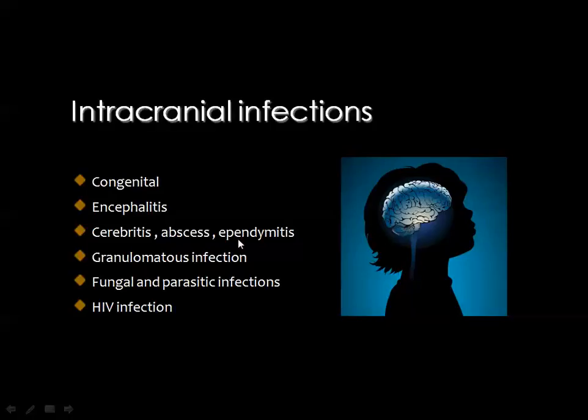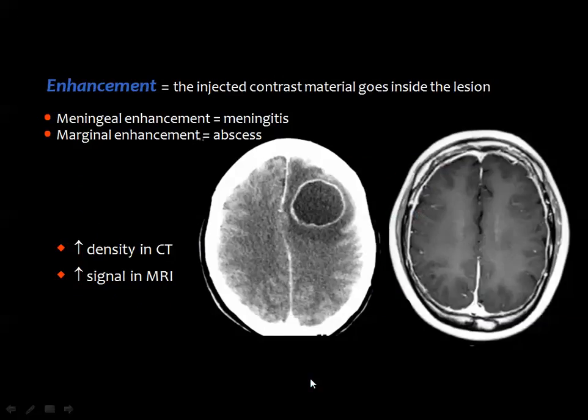You remember we have discussed the adult cases into these categories: the congenital lesions, and the issue of encephalitis, then cerebritis, granulomatosis disease, fungal and parasitic infection, and finally we talked about some of the HIV manifestations in the adult brain. Actually, I will discuss the same issues except for the last one, and we'll start by some of the basic